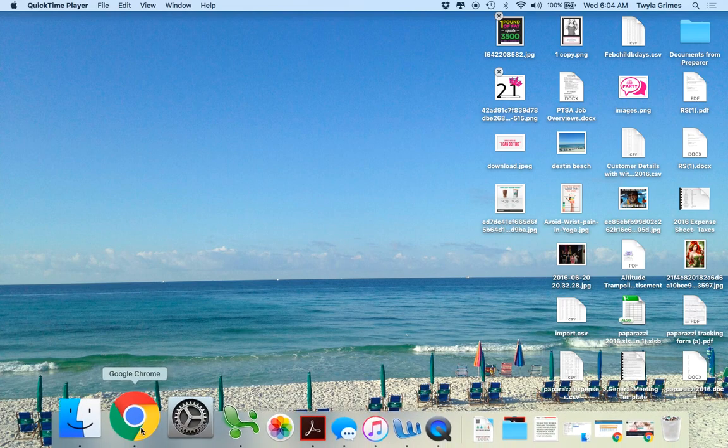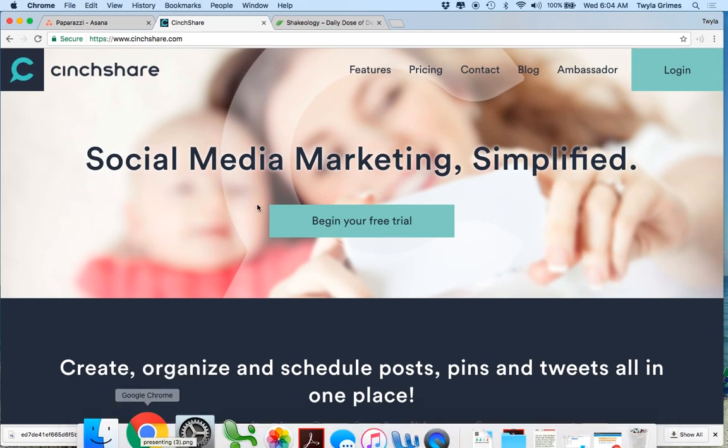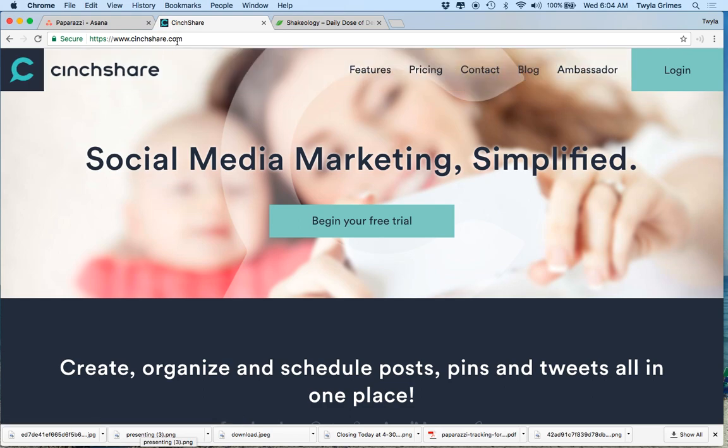So I'm going to log in over here. Go to cinchshare.com. This is an auto post scheduler. This is going to save you so much time when you're doing your paparazzi parties. There are times where I'm doing 2 or 3 parties a day. And this saves so much time where you don't have to physically sit at your computer and post all of